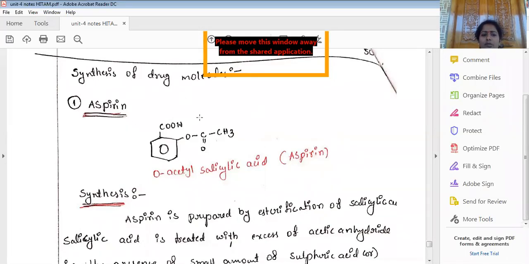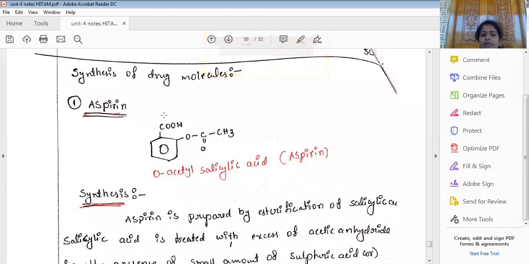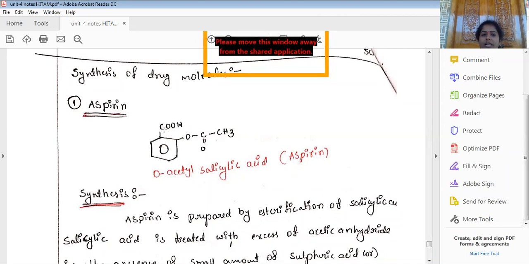Now we are going to discuss the synthesis of aspirin. This is the chemical structure of aspirin. Aspirin is a versatile drug which is used worldwide for pain relieving. Anybody suffering from body pains or headache or stomach pain, that can be reduced by the addition of aspirin. Being a pain relieving agent, in chemical terminology it can be stated as an analgesic agent. Aspirin is considered an analgesic agent, mainly used to relieve pains.